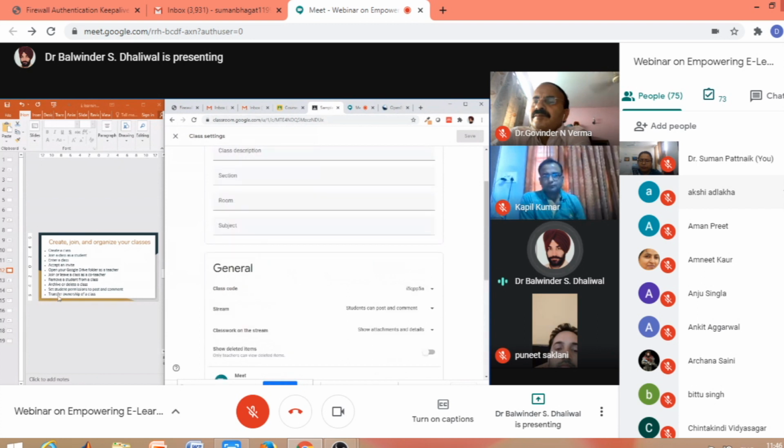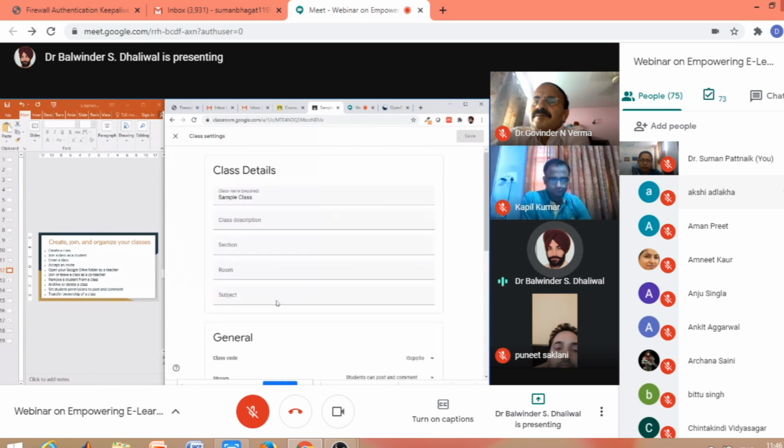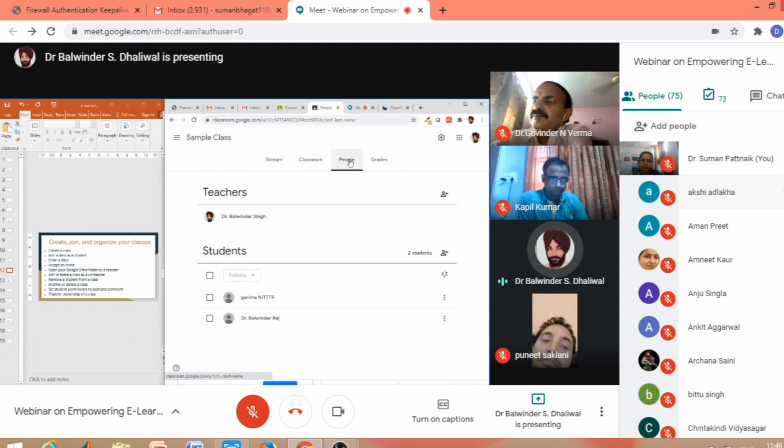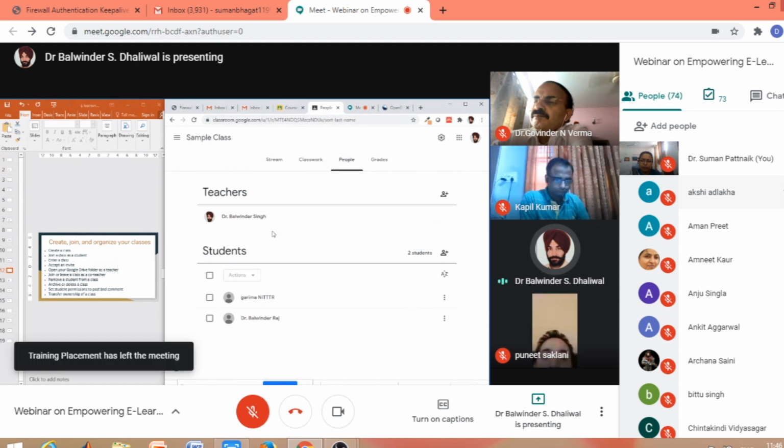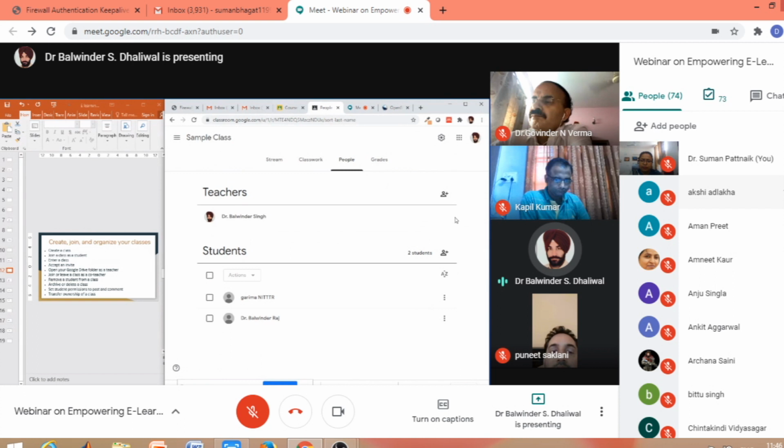And the last point is transfer ownership of a class. If we have multiple teachers in a single class, then we can transfer the ownership also. For that, we again need to go to this people page. If we have any co-teacher, we need to click that teacher, and then we'll have the option to transfer the ownership. That way we can interchange the class. Say after some time another teacher starts teaching that particular set of students, then we can transfer the ownership of the class, and that teacher can become the owner and will be able to do all the actions as the owner of the class.